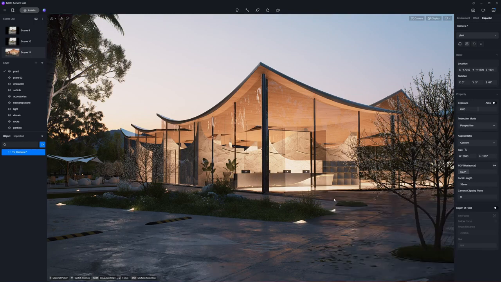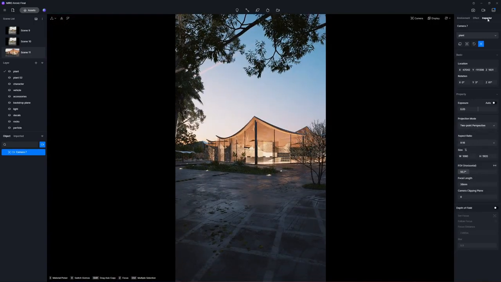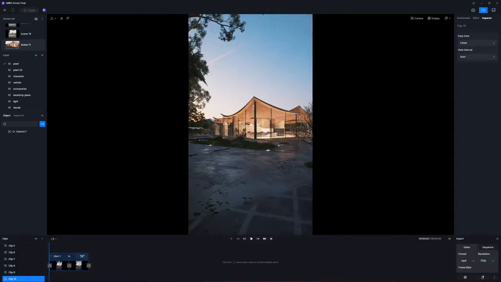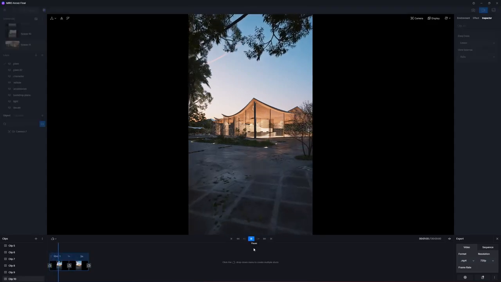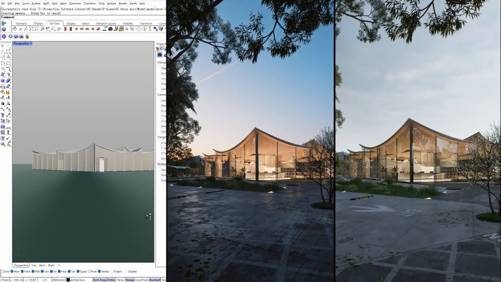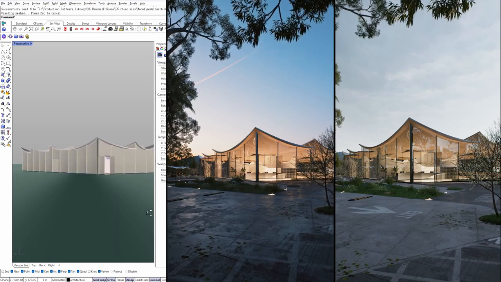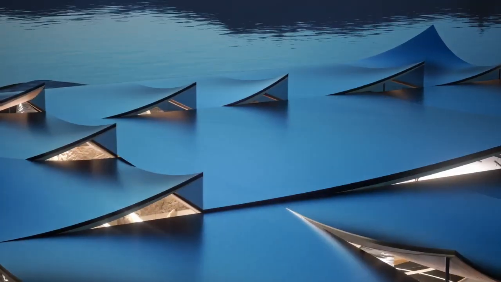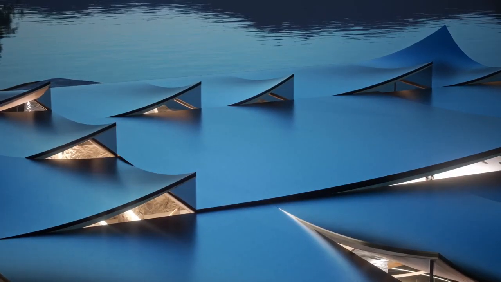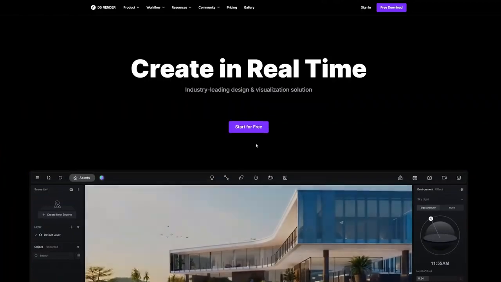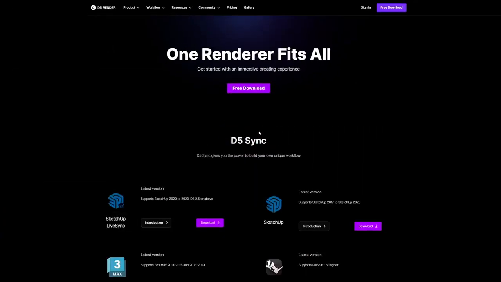Engagement isn't just about what you show, it's about the story you tell. With the Rhino D5 Render workflow, your design narrative unfolds in front of your eyes, engaging clients and team members alike. So why wait? Make the Rhino D5 Render workflow your tool of choice and bring your architectural and landscape